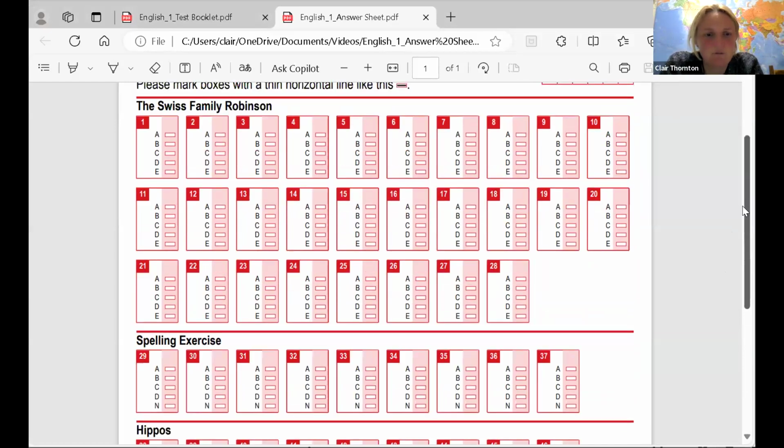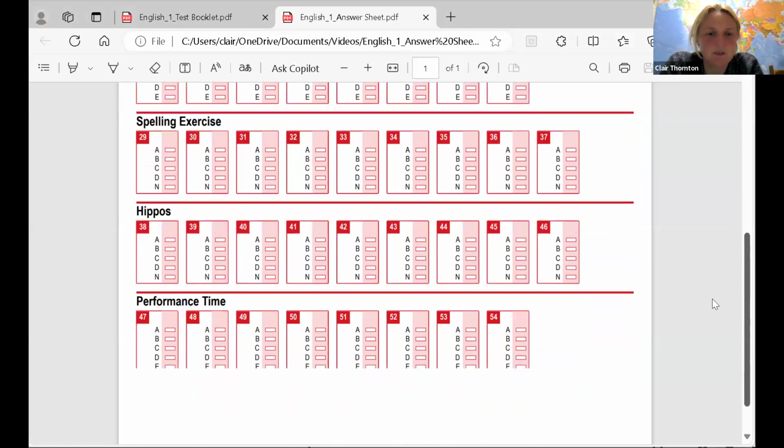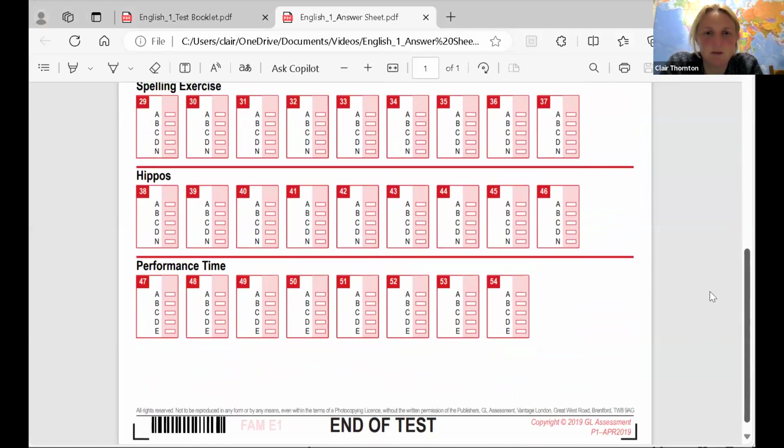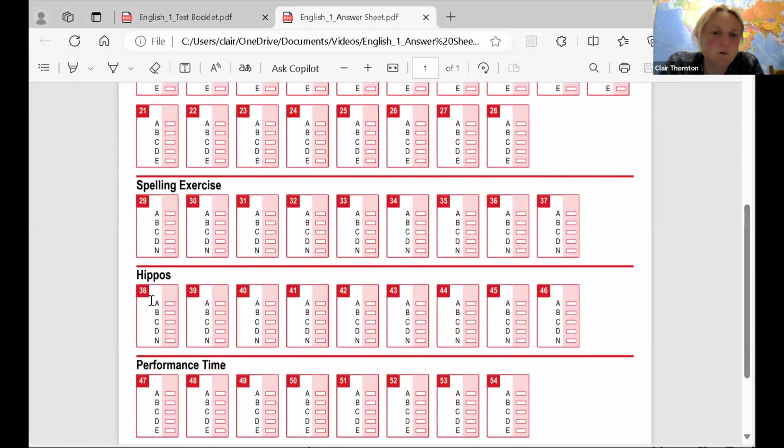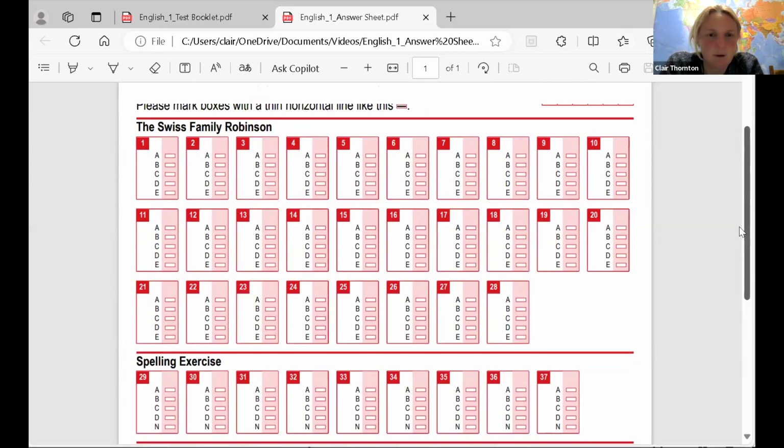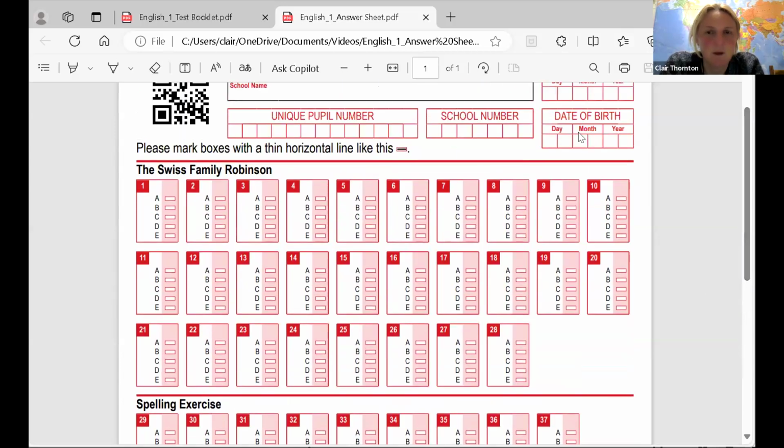It's just very straightforward, it goes through each of the sections here. So I've got my spelling bit, my punctuation bit, which are called hippos and performance time, but that's just for that paper. And then my comprehension, which is here. Okay. So in regards to how you would do this, how you would decide to do your paper, it really